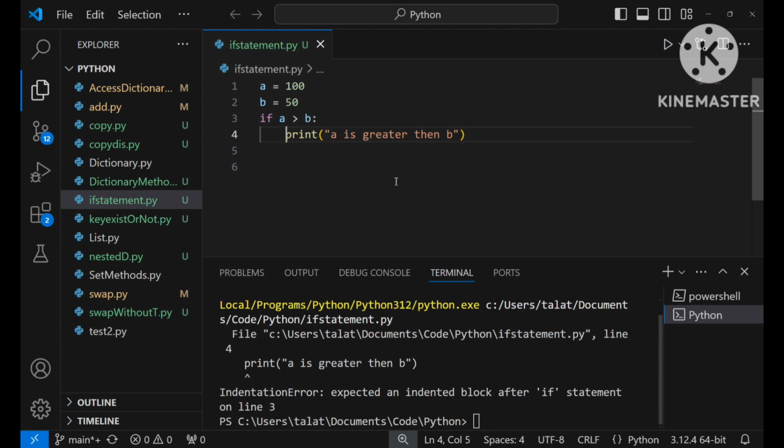Click on run. So our code is executed now. So this is Python indentation. If you do not leave any space before the print statement, then it will give you an indentation error. So first of all, you have to add Python indentation in each code, so it is very important.